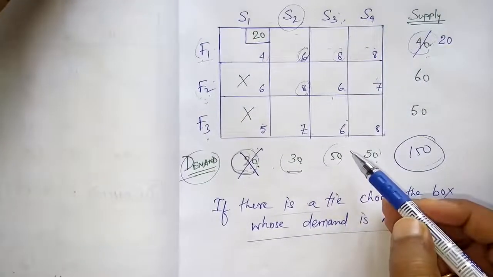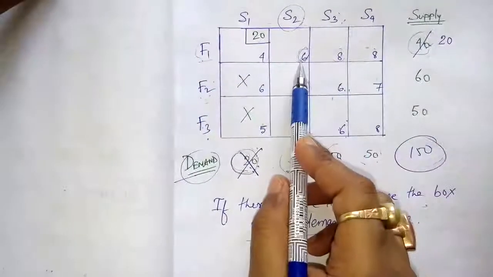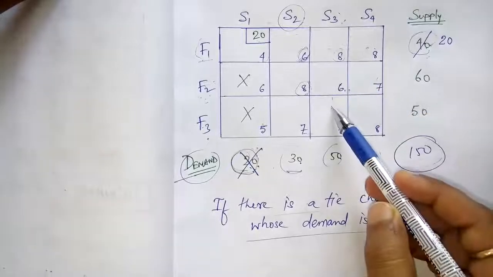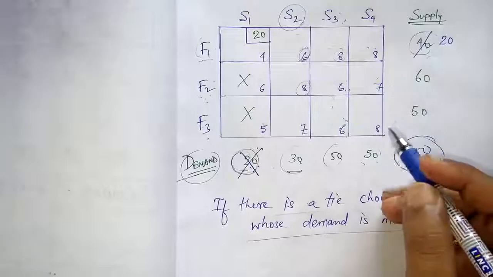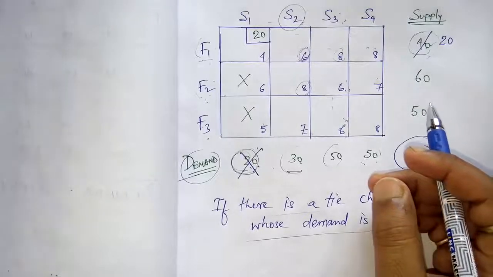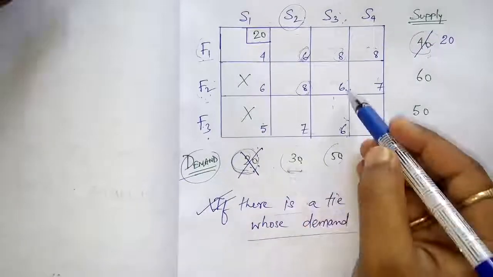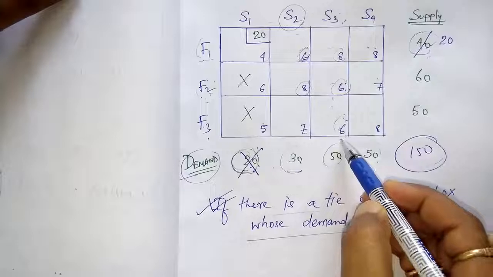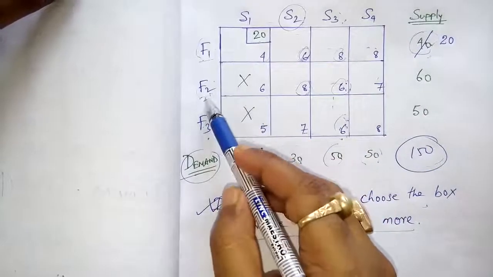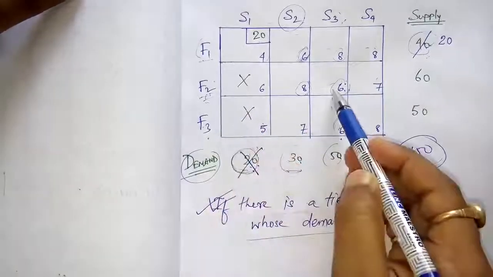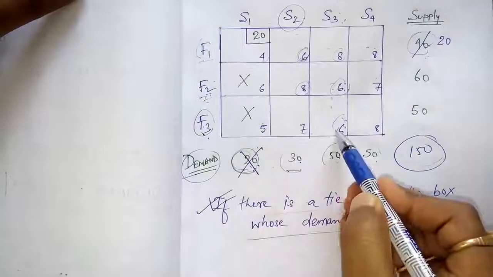But again there is a tie, 6 and 6. I have understood that I will not choose this 6. First I will go to store number 3. But still there is a tie between this and this. Now how to break this tie? You can choose arbitrarily now. First remember this step. But after that, if you get a tie like this in the same store, then choose arbitrarily. You can first transport goods from factory 2 to store number 3, or you can first transport goods from factory 3 to store number 3.